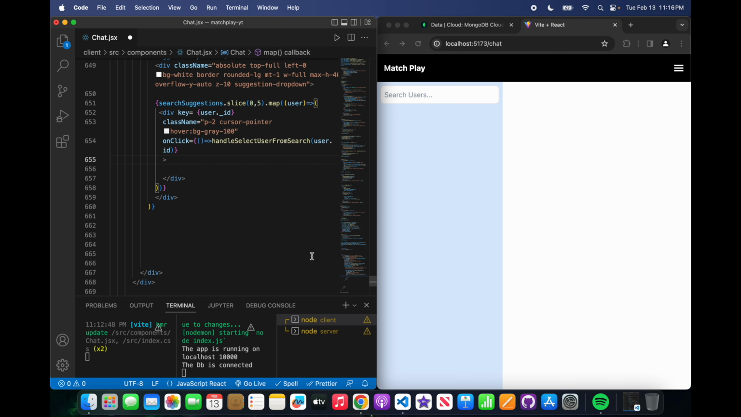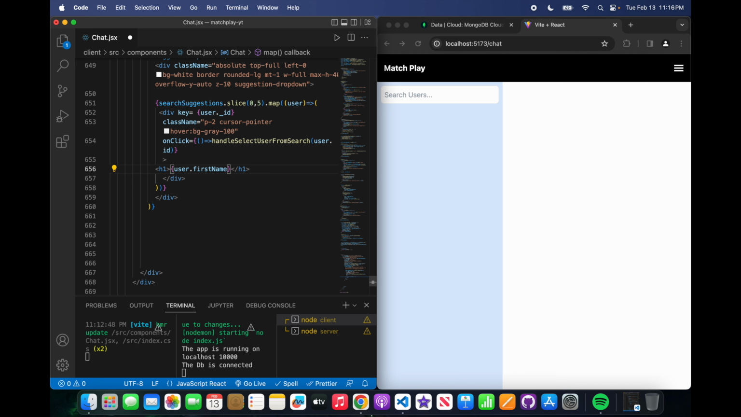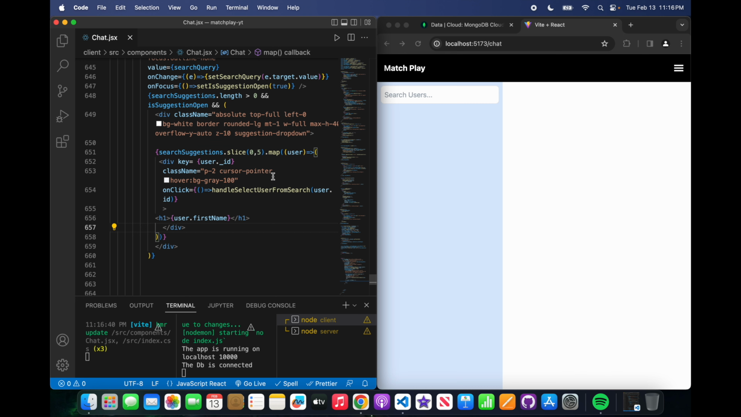So now within this div, we're going to have, what's it called? H1 here. And this is going to say user dot first name. Okay, so user dot first name. So now let's see